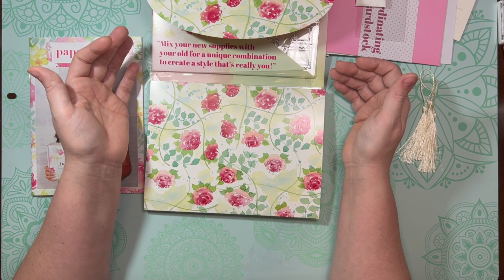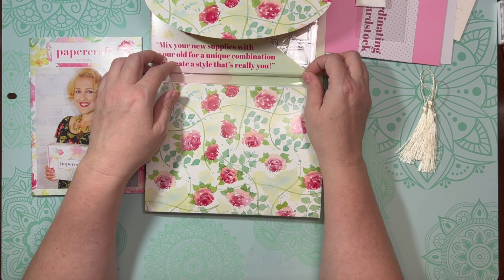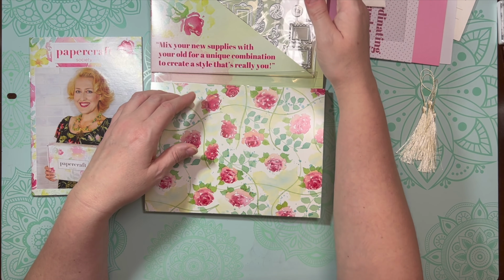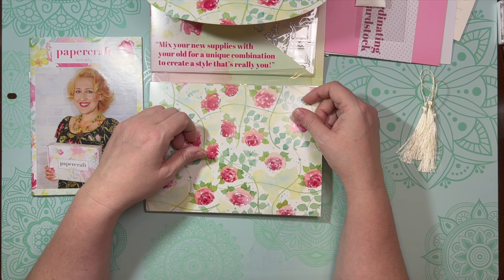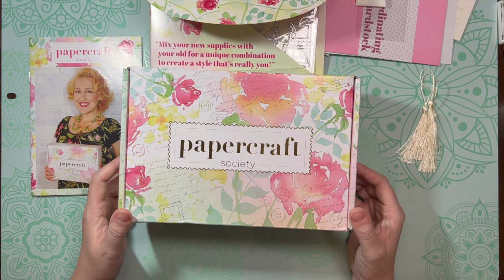I am feeling a little better today, and so I'm venturing into my craft space, and I'm really glad that I did. I'm really glad that I went and reached for this box that I hadn't opened yet, and I'm going to try to play around with some of these and see if I can make something and post here later on this afternoon. But I wanted to hop on here really quick today and share with you this particular